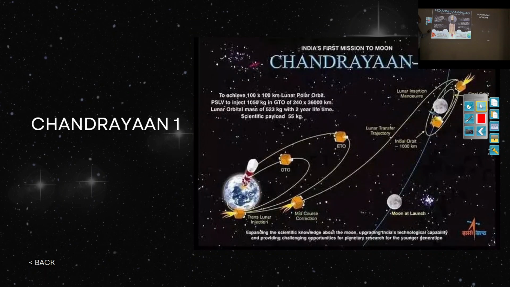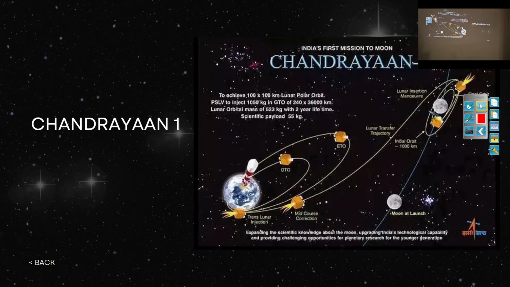So next we will see the Chandrayaan missions. Chandrayaan 1 was launched in the year 2008. What Chandrayaan did is it just went to the lunar orbit. It orbited around the moon for a few days and sent images of the moon to the earth, and Chandrayaan 1 confirmed the presence of water ice on the moon. There was a possibility of water being present on the moon's surface, and this was confirmed by the photos sent by Chandrayaan 1.